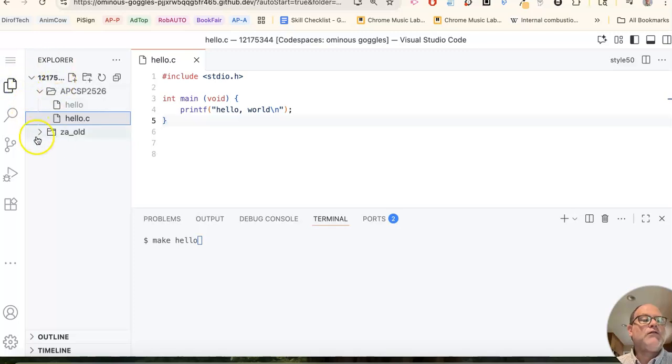So here is my file explorer. It's the Finder on a Mac. It's the yellow folder on a PC, whatever. Now we've got this machine that's going to show us a bunch of folders. And inside a My Documents folder, we've created a folder called APCS 2526. And inside that folder, we're going to create some files, right? And if you notice, this hello.c corresponds to this file called hello.c. And if I come down here and make hello,